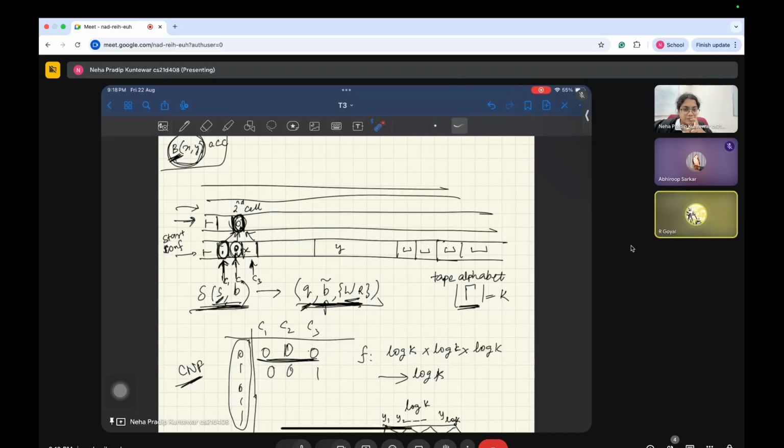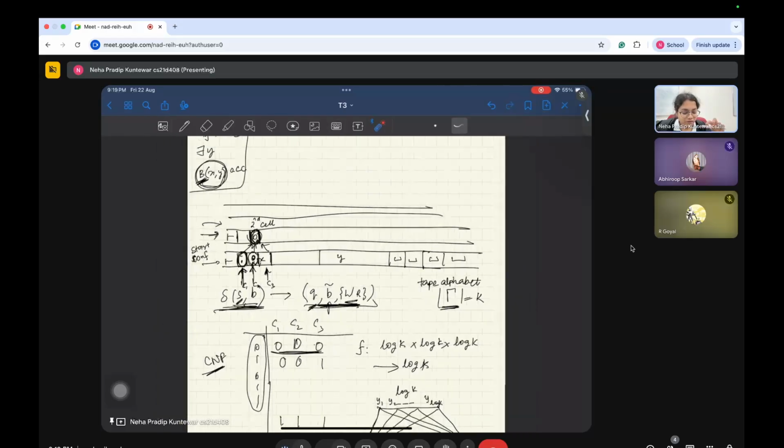So I would be requiring a polynomial number of triangles, and for every triangle I require log amount of space. So I would be requiring this log amount of space how many times? A polynomial number of times. So polynomial times log comes out to be something polynomial, and probably not log space. Okay, so